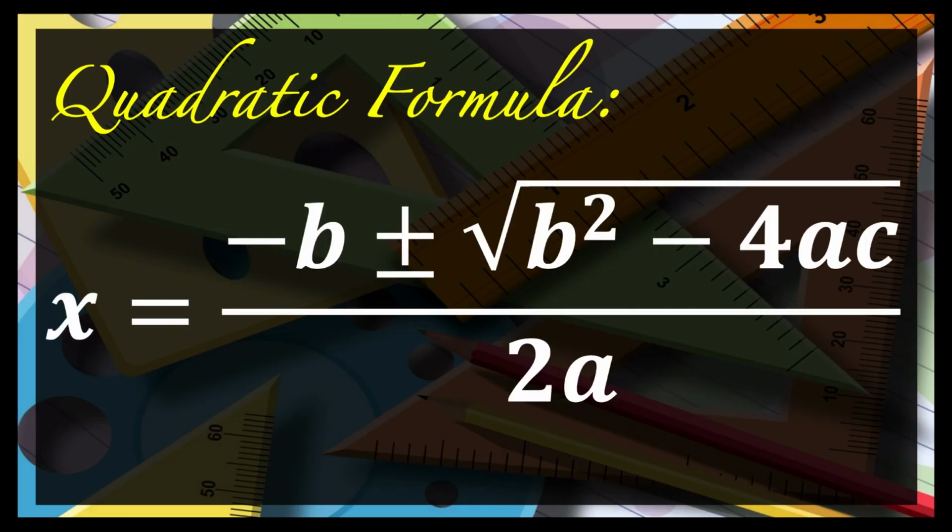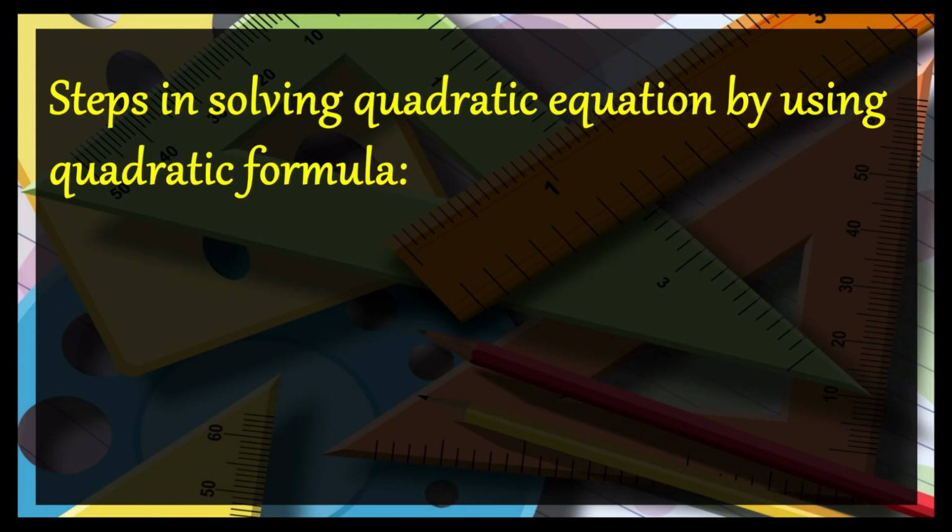This is what we call the quadratic formula: x is equal to negative b plus minus square root of b squared minus 4ac, all over 2a. Okay, so let's apply it right away. Let's have our first example. Oh, before the example, here are the steps we will follow when solving a quadratic equation